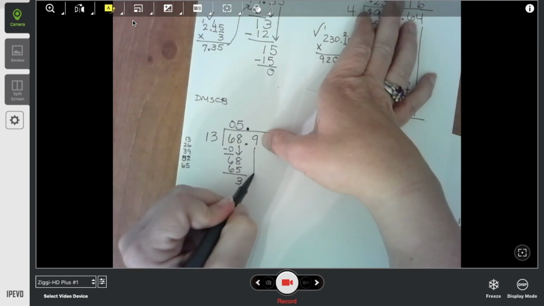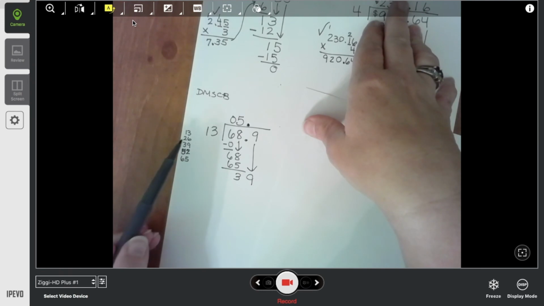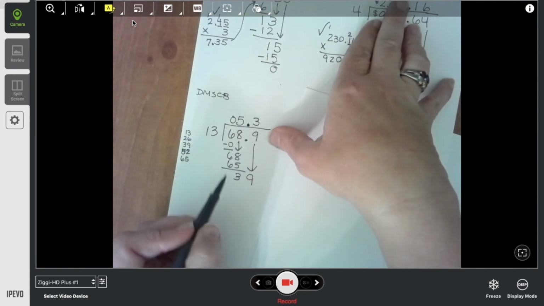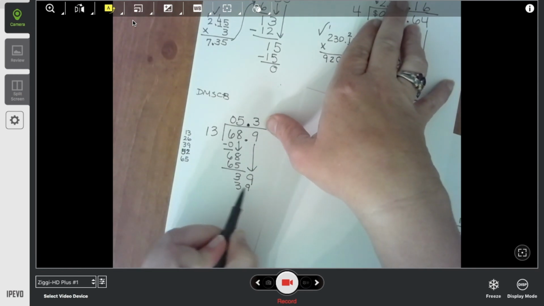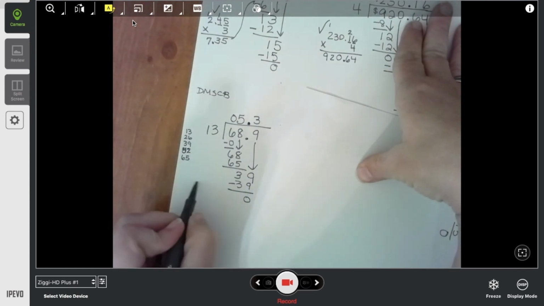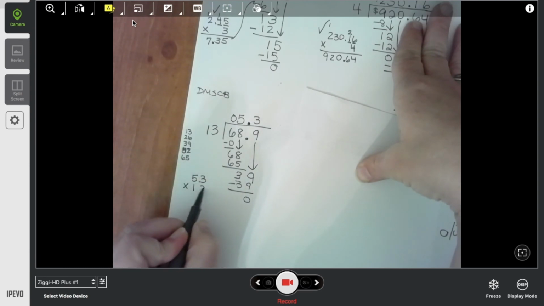Don't worry about that decimal. 39. How many 13s go into 39? 1, 2, 3. 3 is exactly 39. So I put the digit right over the number I dropped. 3 times 13 is 39. No leftovers. So I'm going to take my answer, 5.3, and multiply it by my divisor,